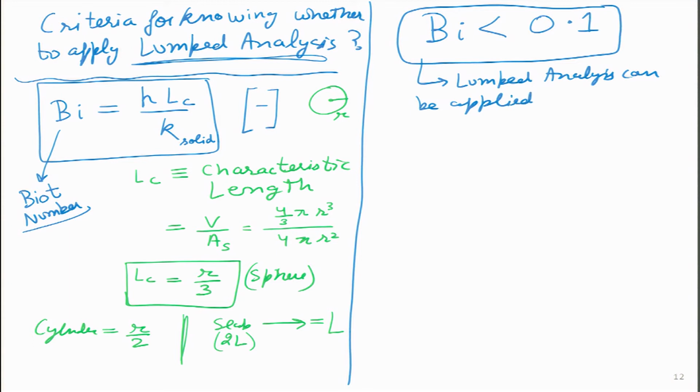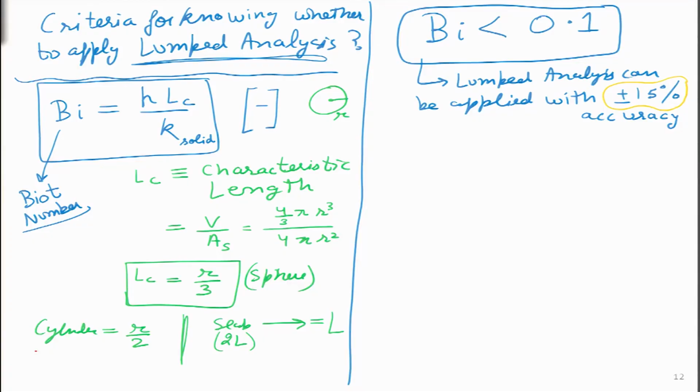But there is a small underlined word over there, with accuracy of up to plus minus 15%. What it tells us is essentially that a lot of people in the heat transfer community have come to a conclusion that for these kinds of problems 15% uncertainty is actually not that bad, because in other experiments also it's very difficult to bring down the uncertainty, especially in convection conduction, to less than 15%.